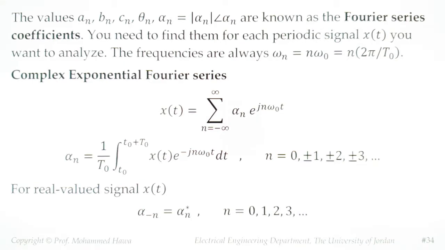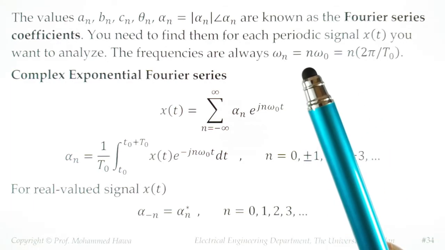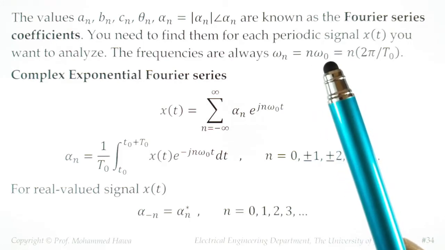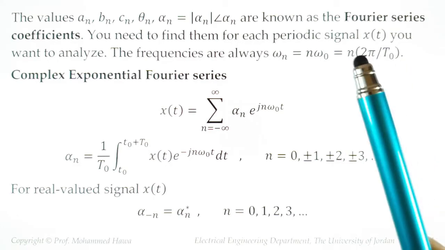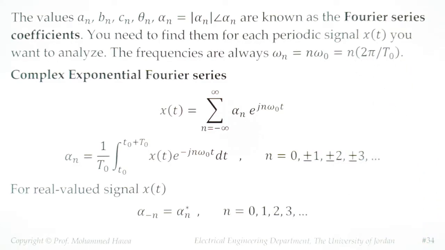And when people say calculate the Fourier series for this periodic signal, what they mean is please calculate an and bn, or calculate alpha n, or find cn and theta n. They want you to write the infinite sum of sinusoidal signals, and to do that you need the magnitude and you need the phase shift. The frequency is the easy one. The frequency is the multiple of the fundamental. It's always n multiplied by omega naught, where omega naught is 2 pi over T naught. Multiply that by n, you get the frequency of the nth harmonic.